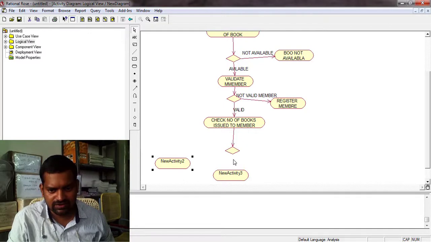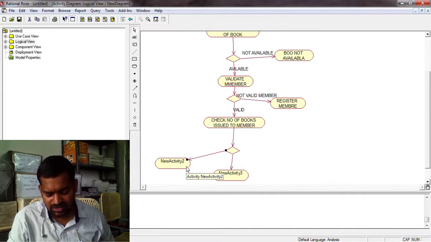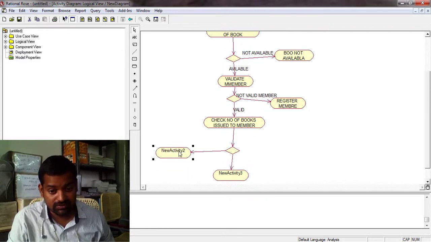Here draw another activity. Here also, valid going one position, not valid going another position. And represent it above. It is something far better to draw.